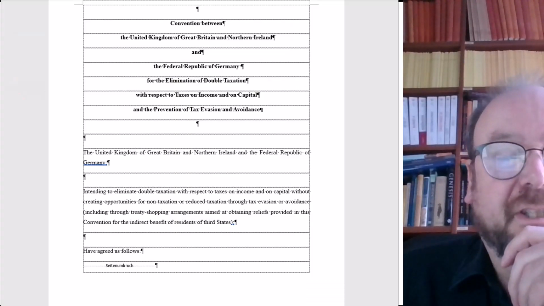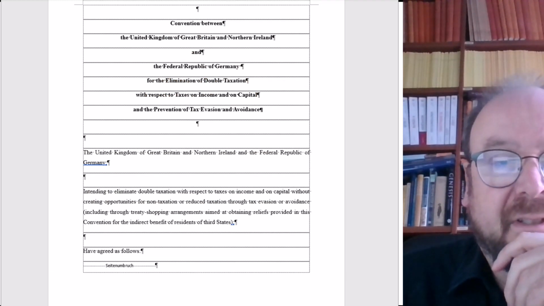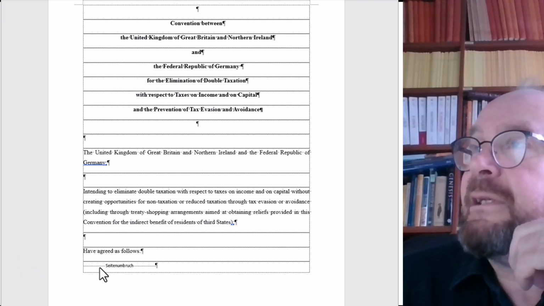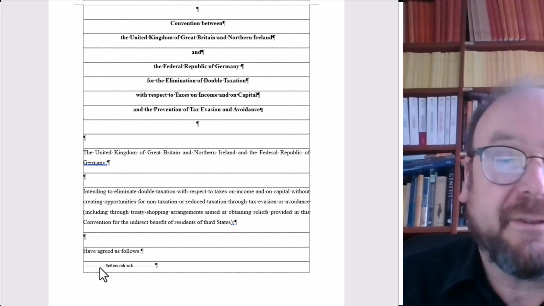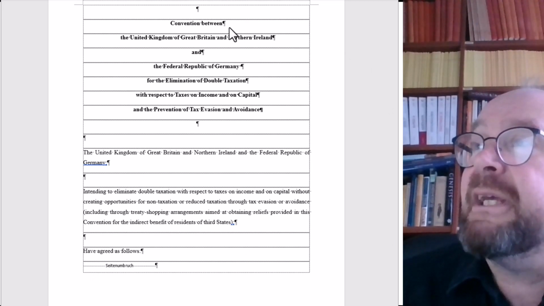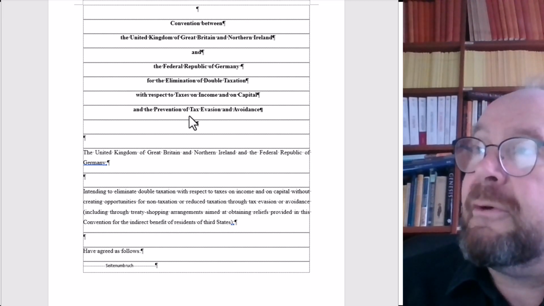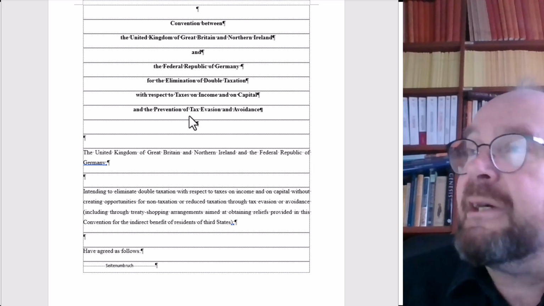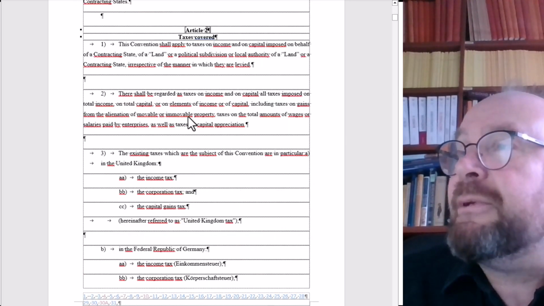Now, ladies and gentlemen, question A: what does the DTT Germany UK say on the Trick Limited in Jersey? This is a lecture or a lesson in that area which is called "Life is Not Fair", because this is a convention between the United Kingdom of Great Britain and Northern Ireland and the Federal Republic of Germany. And Jersey is, under international and national law of Great Britain, not a part of the United Kingdom of Great Britain and Northern Ireland. So this DTT simply does not apply